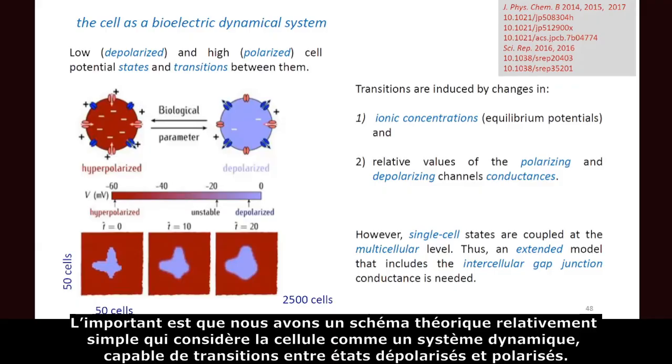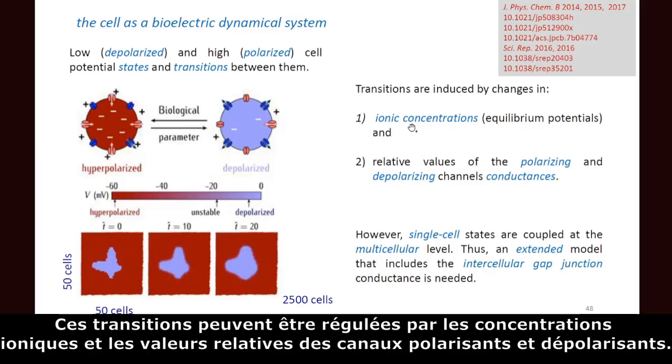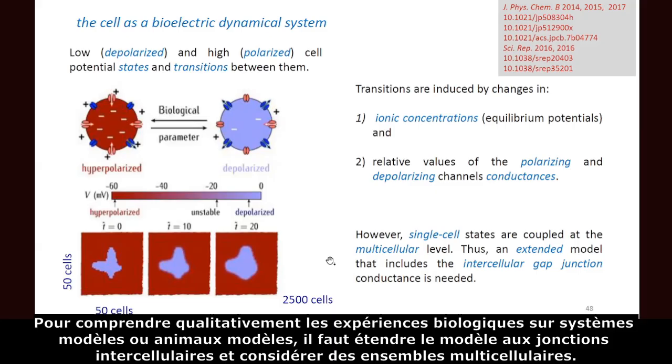But the important thing is that we have a relatively simple theoretical scheme that considers the cell as a dynamical system, and this dynamical system can show transitions between the depolarized and the polarized cell states. These transitions can be, in principle, regulated by the ionic concentrations and by the relative values of the polarizing and depolarizing channel. However, it is clear that to try to understand qualitatively bioelectrical experiments with model systems, with model animals,